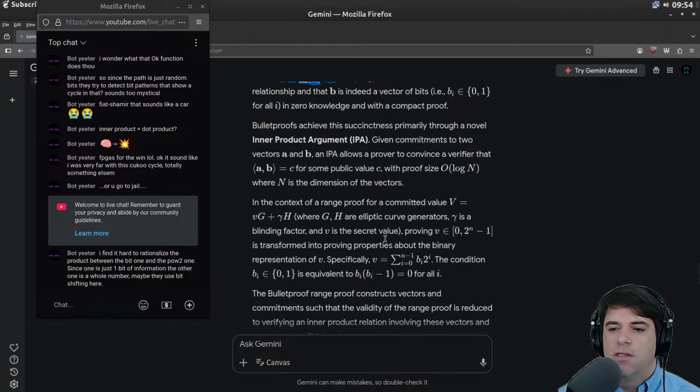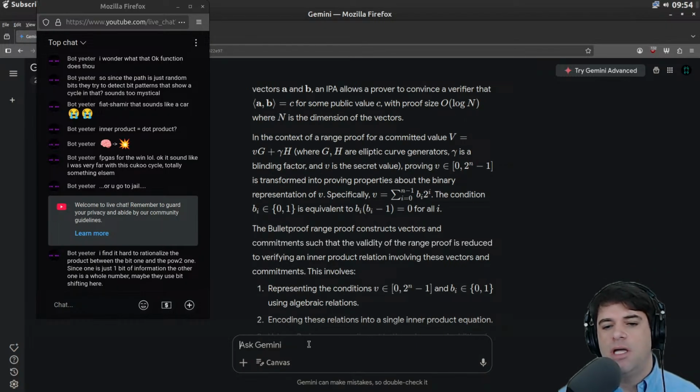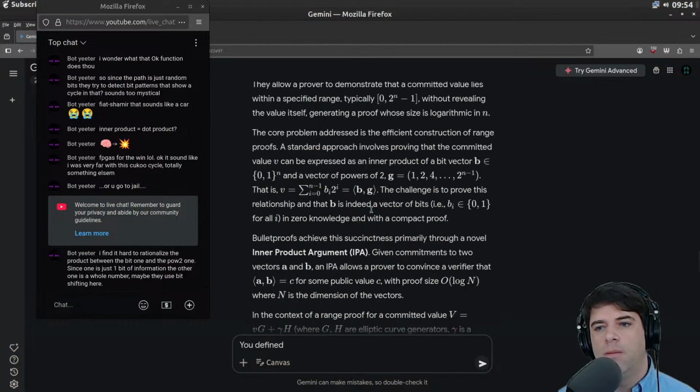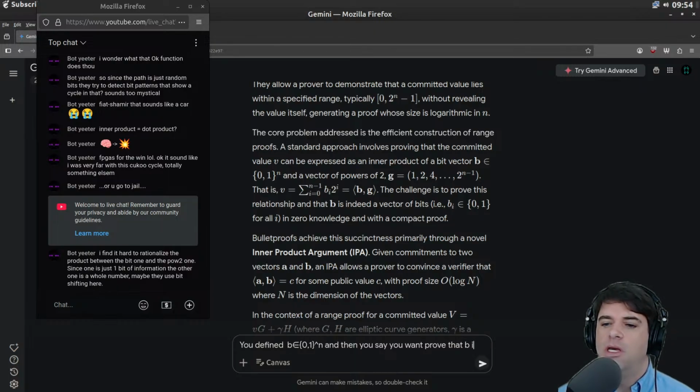So, let's just ask this question. You defined B as a string of ones and zeros, and then you say you want to prove that B is a vector of bits.